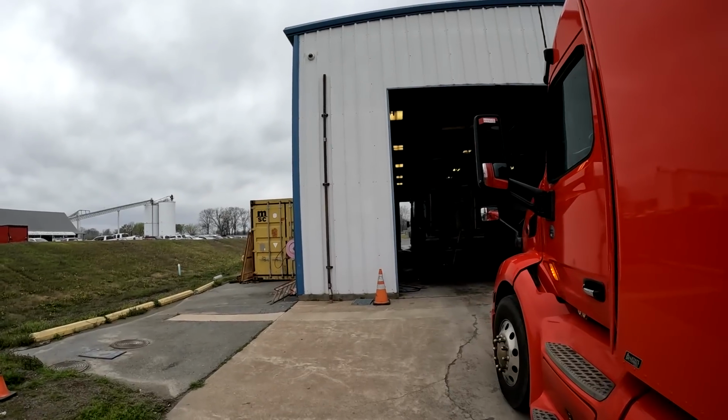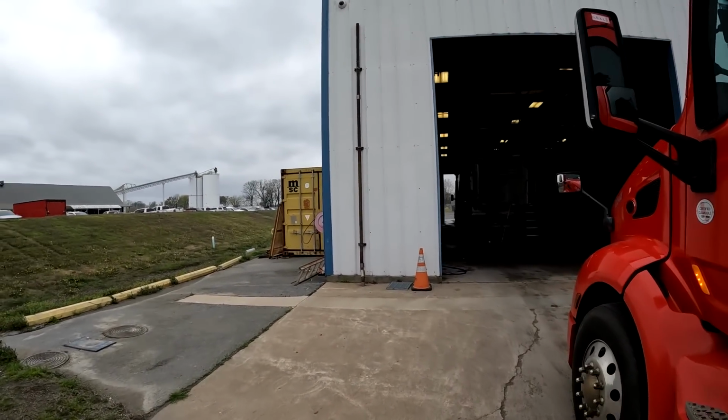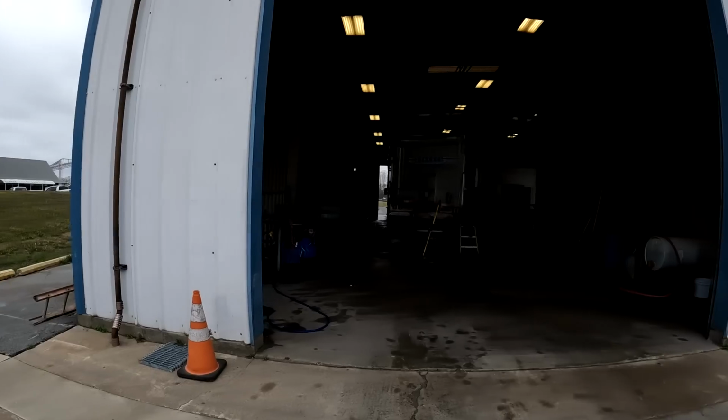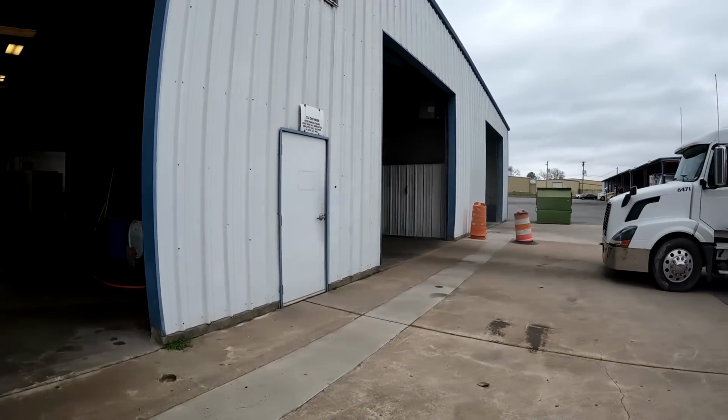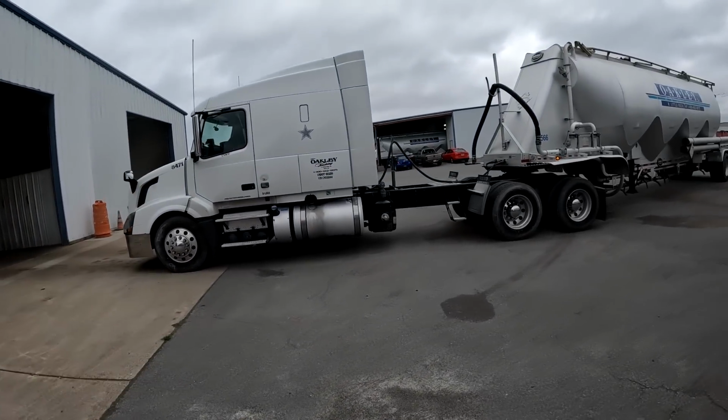So there's a shot. They got a 3-bay washing operation here. This fella's getting a truck wash and a trailer wash out. Then there's another bay here, and that third bay over there is for, I think, hopper bottoms only. But while I've been waiting here, about 20-25 minutes,